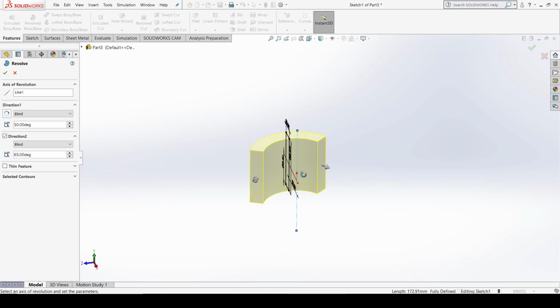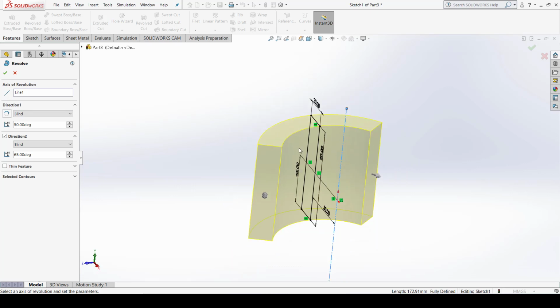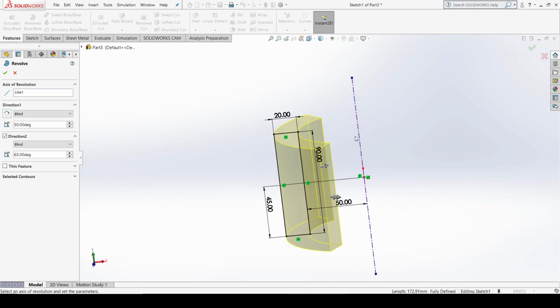So you can see easily that the central element is the rectangle. In direction 2 it revolves about 65 degree. In direction 1 it revolves about 50 degree. So this is how you can give the directions in degrees to the element which is to be revolved around the central axis. Now this can be a solid cylinder or a hollow cylinder as per the distance given by the edge of this element from this central axis.